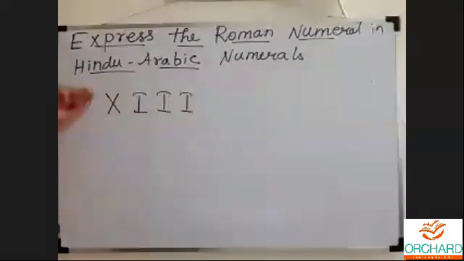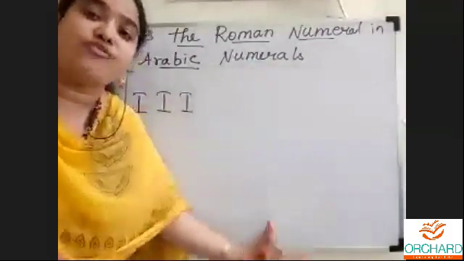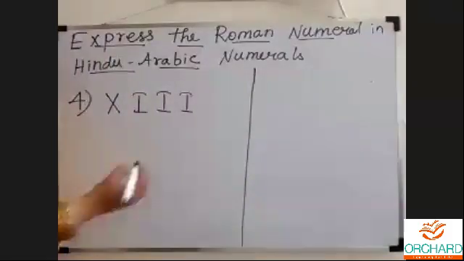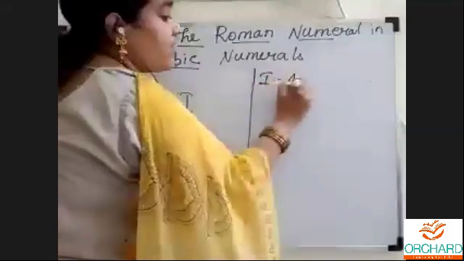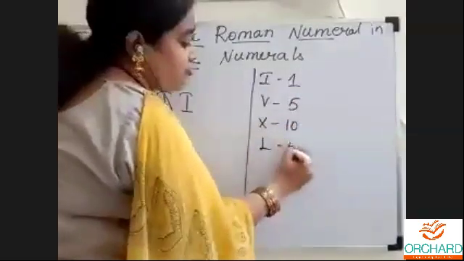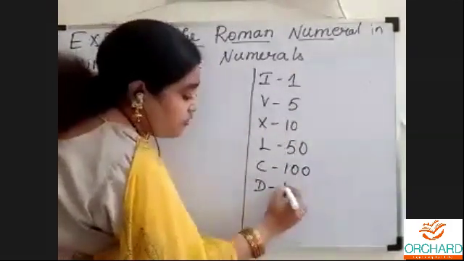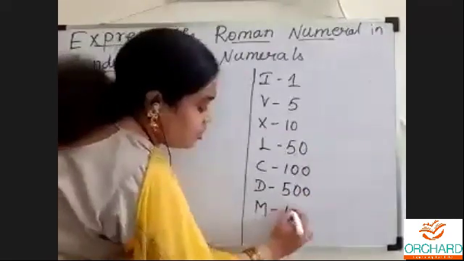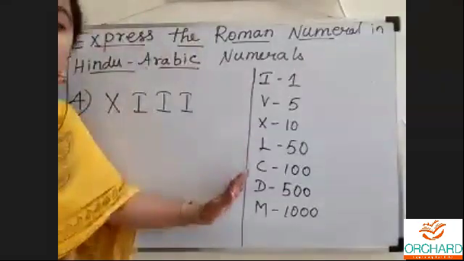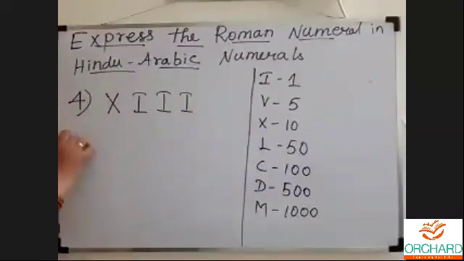Very good, Harith. Before that, when we are going to find the value, we have to use the basic symbols of Roman numerals. Can you write the basic symbols of Roman numerals? What are the basic symbols here? Very good, Devish. I stands for 1, V stands for 5, X stands for 10, L stands for 50, C stands for 100, D stands for 500 and M stands for 1000. So when you are finding the values, just write the basic Roman numerals in your rough column.